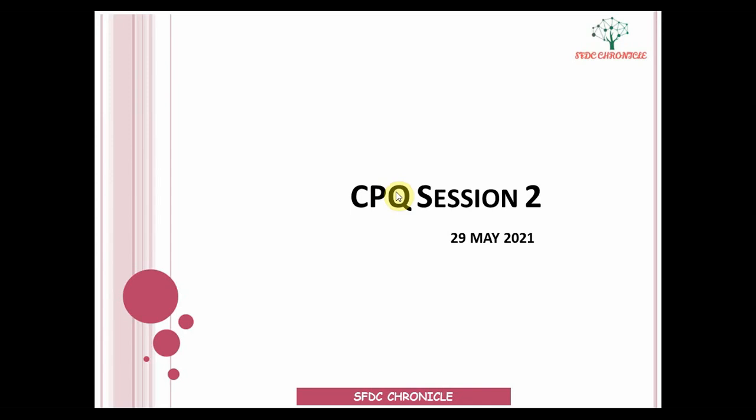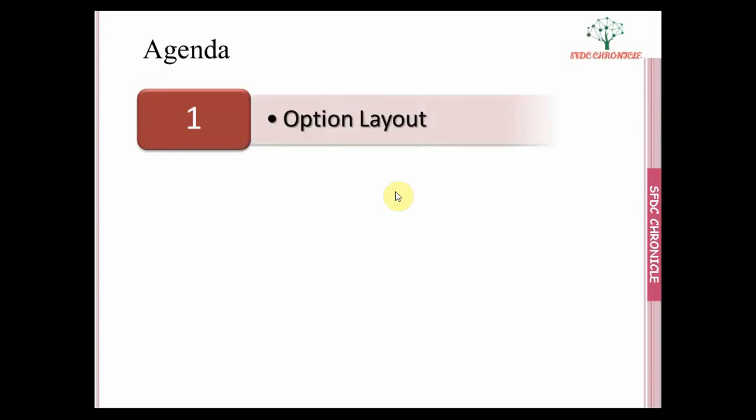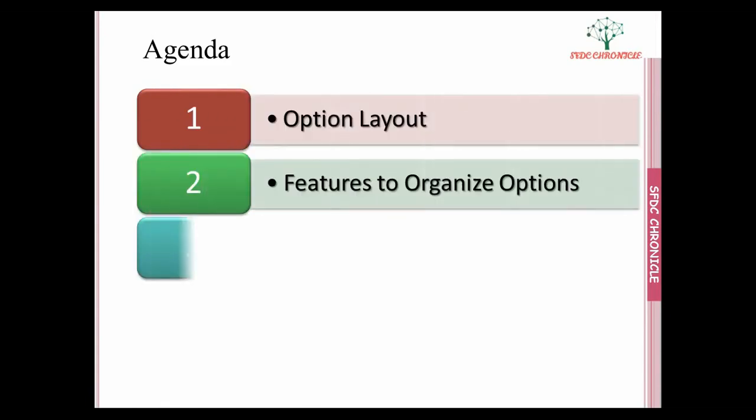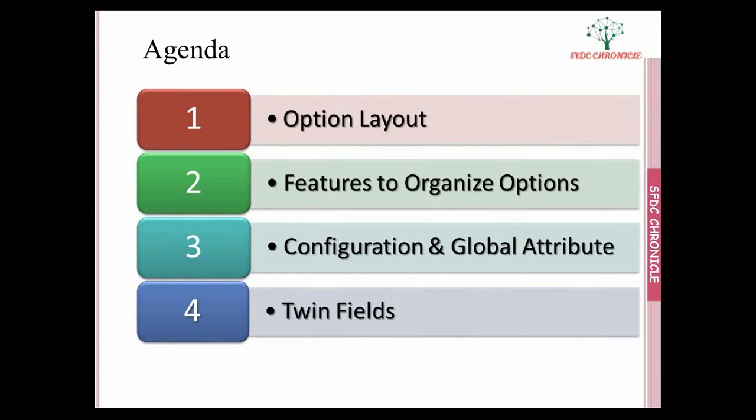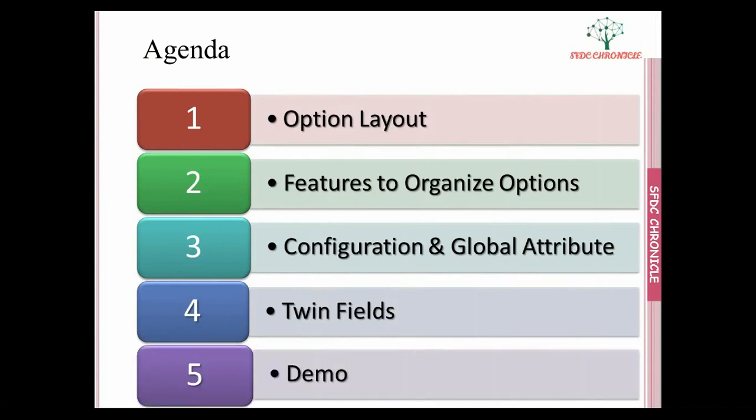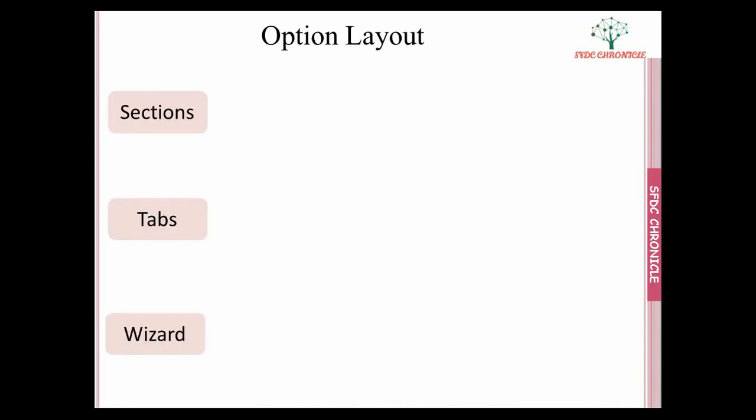In our previous session, we discussed configuration type and event, how to configure product and different option types. In this session, we'll focus mainly on option layout, features, attributes, and twin fields. Let's get rolling then. We have three different types of option layout present in Salesforce CPQ that you will be able